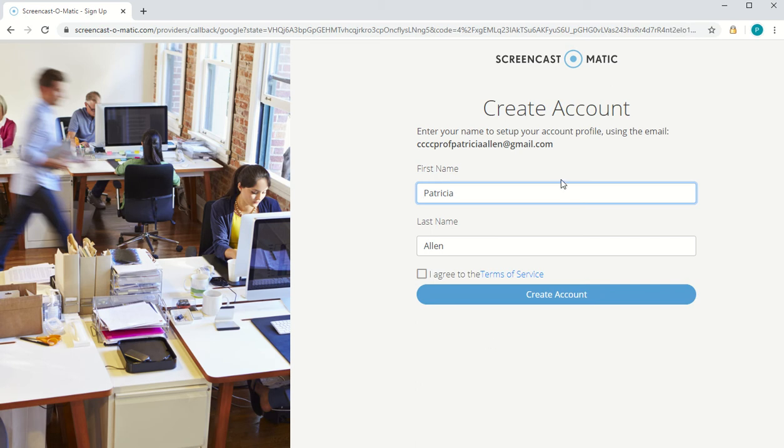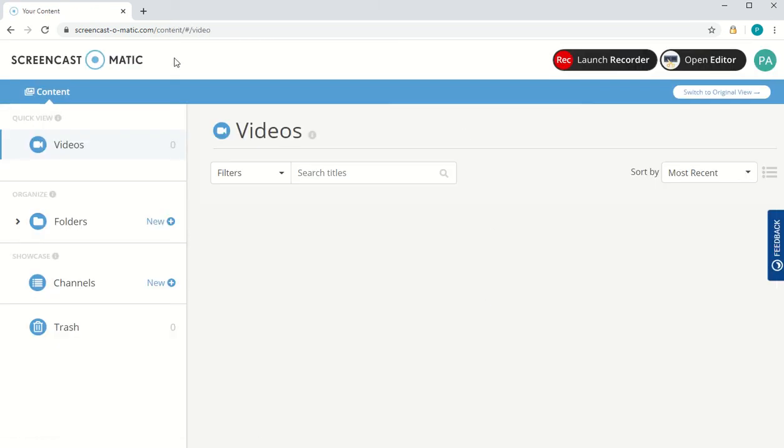Okay, and then it asks me to create a Screencast O Matic account, and I'm just going to click that I agree to the terms of service. And I get right here to this home page. So this is all that it takes to set up an account,